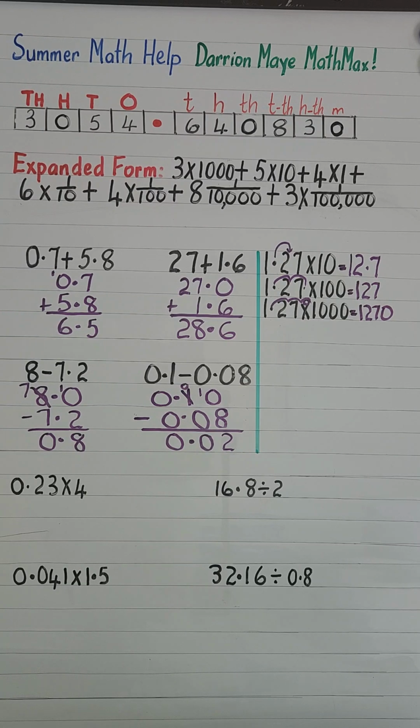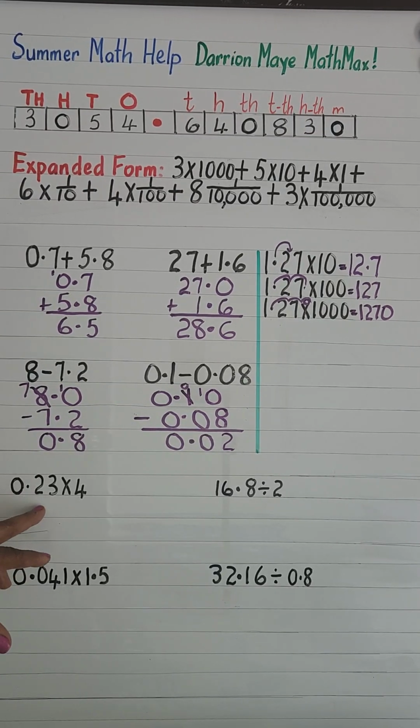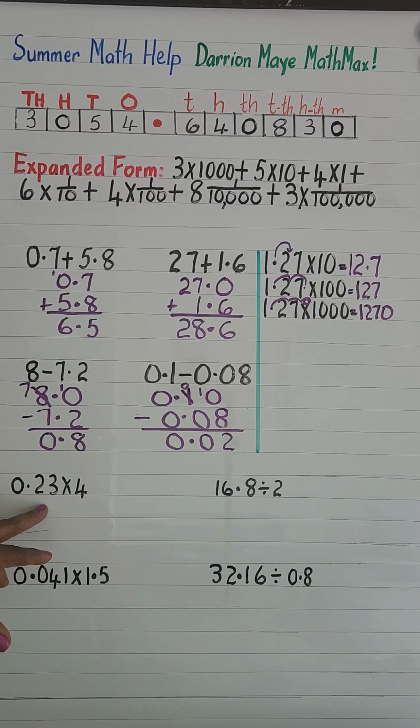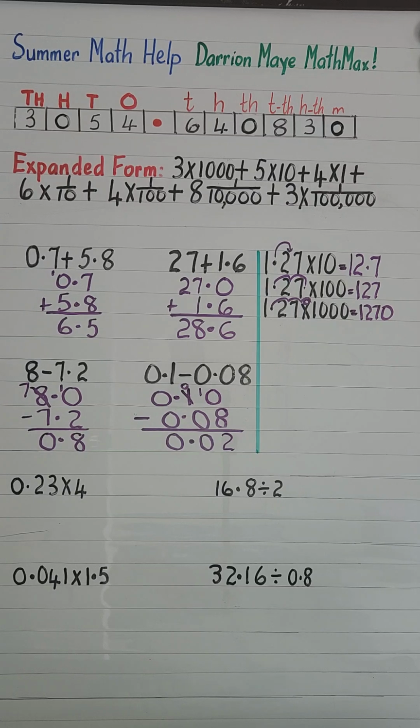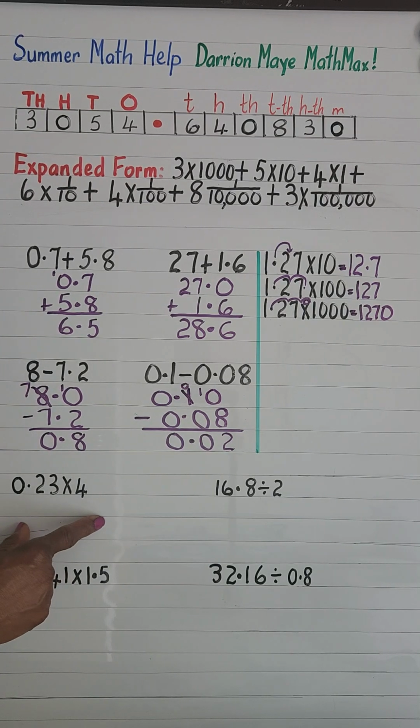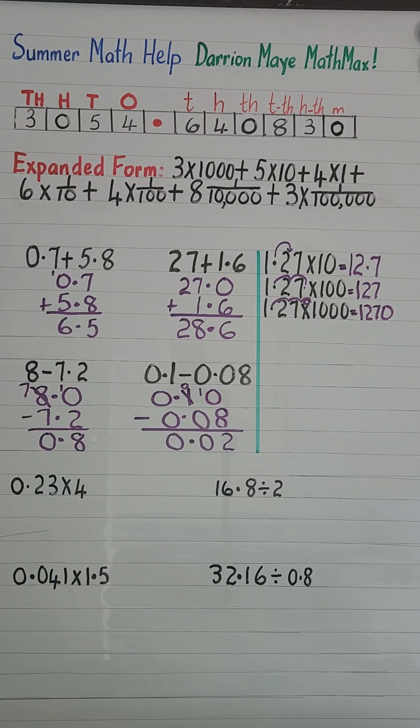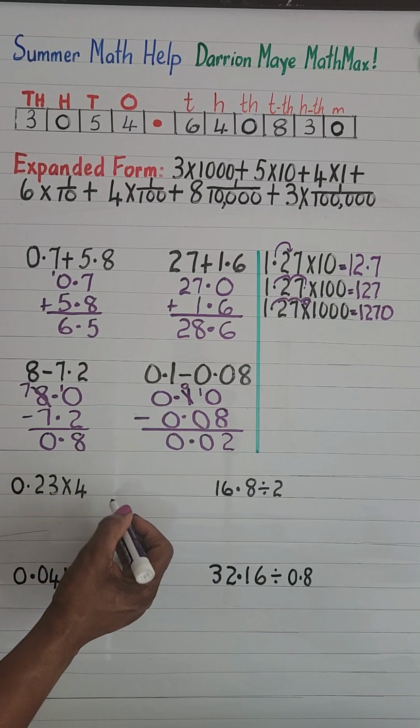So short method, to multiply a decimal by 10 or power of 10, we move the decimal point to the right. Now let's look at 0.23 times 4. So when we're multiplying decimals, the easy way to do it is just to multiply the numbers, leaving out the decimal point. So that would be